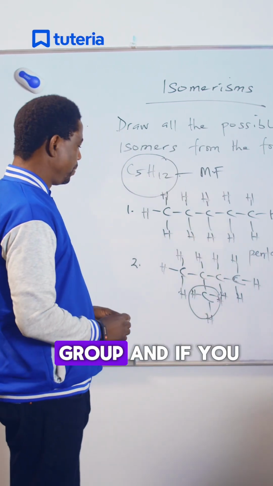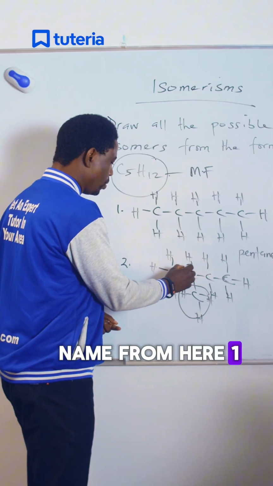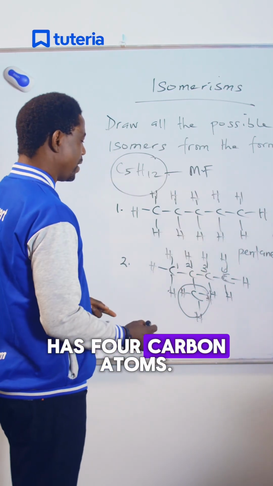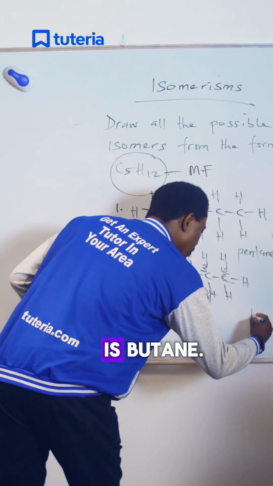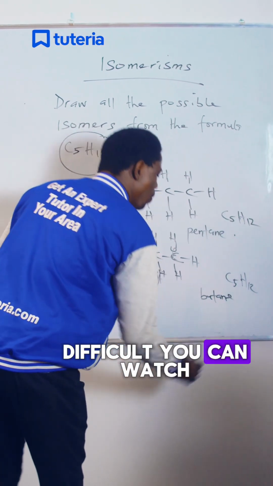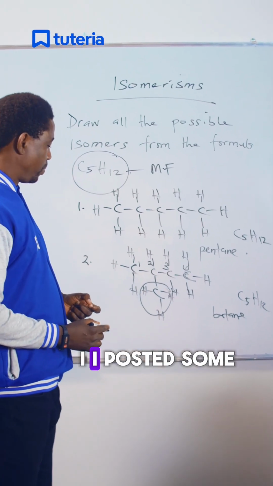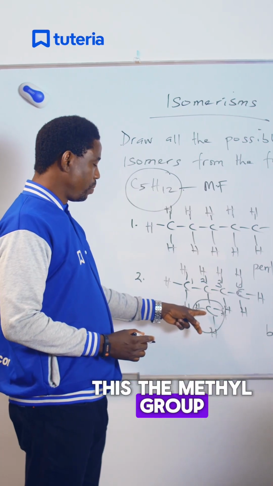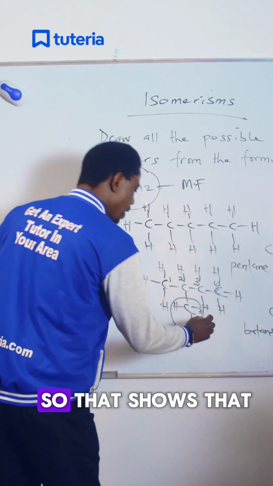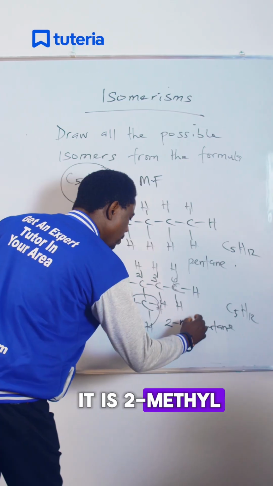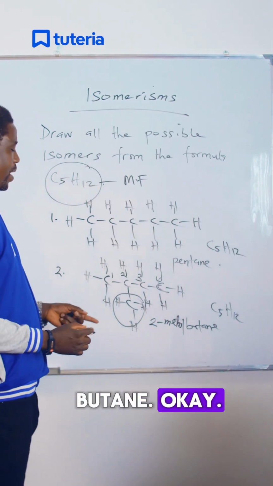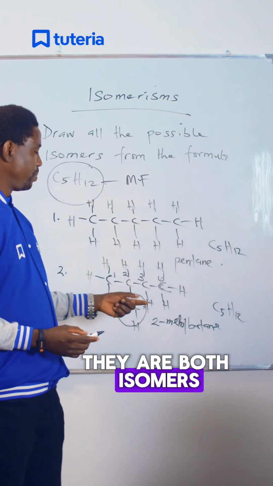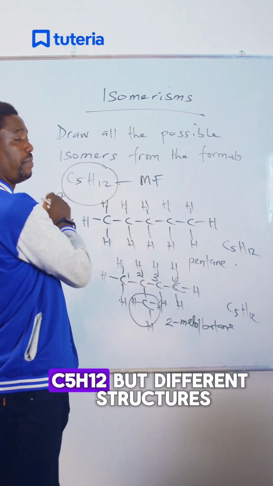This is a methyl group, and if you name from here 1, 2, 3, 4, so that shows that it's an alkane that has 4 carbon atoms. That's the surname of the compound, which is butane. If you find that difficult, you can watch one of my videos. I posted some days ago. Okay, so now look at this. The methyl group is attached to carbon number 2. So that shows that it is 2-methyl butane. Okay, so 2-methyl butane and pentane, they are both isomers because they have the same molecular formula, C5H12,